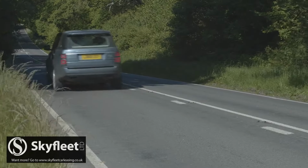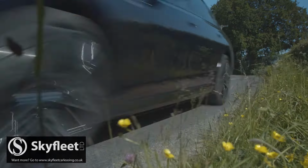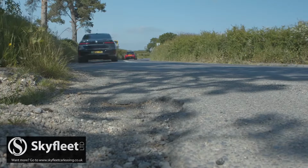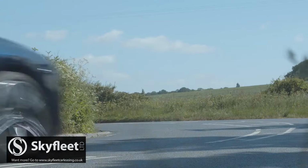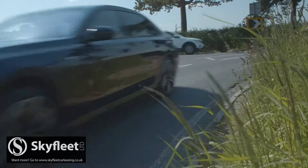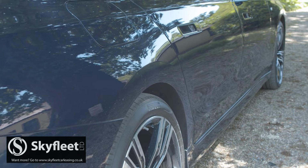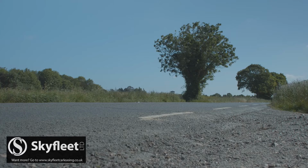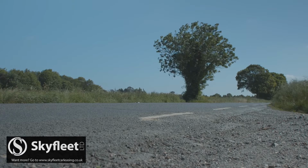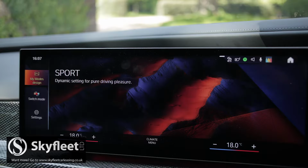What you really need to know here is that better than any 7 Series design before it, this Mark 7 G70 model manages that elusive combination of comfort and handling in a manner that sets a fresh class standard. There's a proper air suspension at last in a 7 Series, a 2-axle setup which can lower itself at speed or raise itself for rough roads. It also adapts to the various My Mode drive settings, with the Sport option featuring a powertrain soundtrack created by